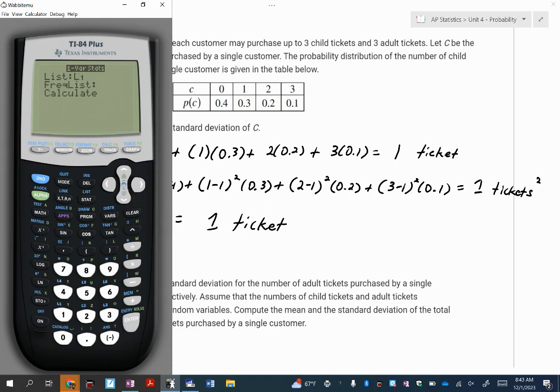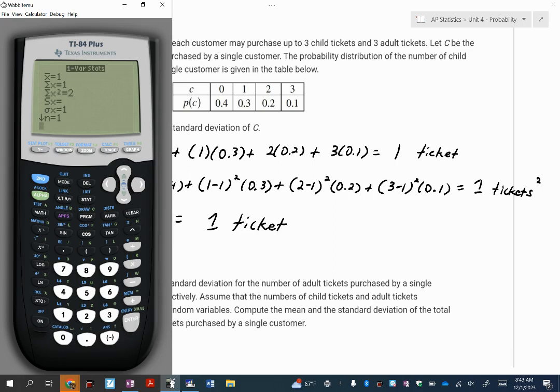But you see where it says frequency list. This is where you have a chance to tell the calculator, hey, is this a random variable? Will it take on different values? And the answer is yes. So I'm going to hit second, and then number 2, which will give me list 2 there. So second, number 2. All right, and then I hit calculate. This will now calculate what I just did.